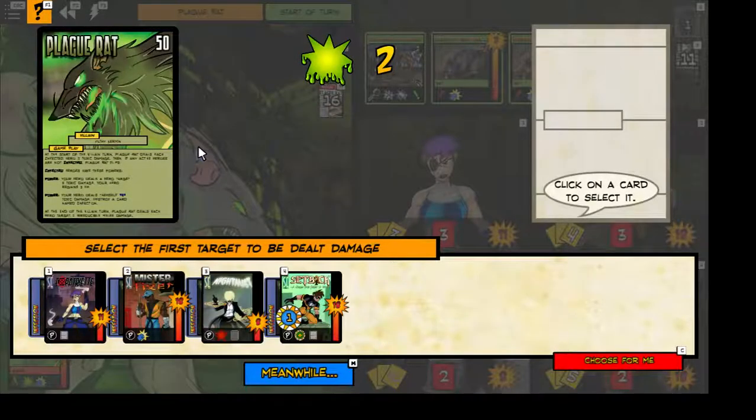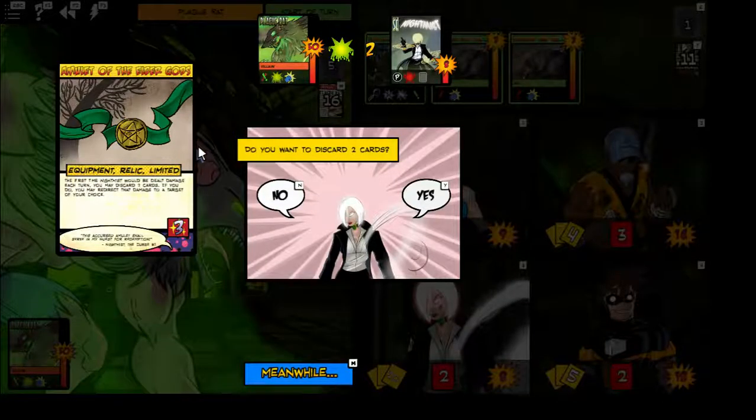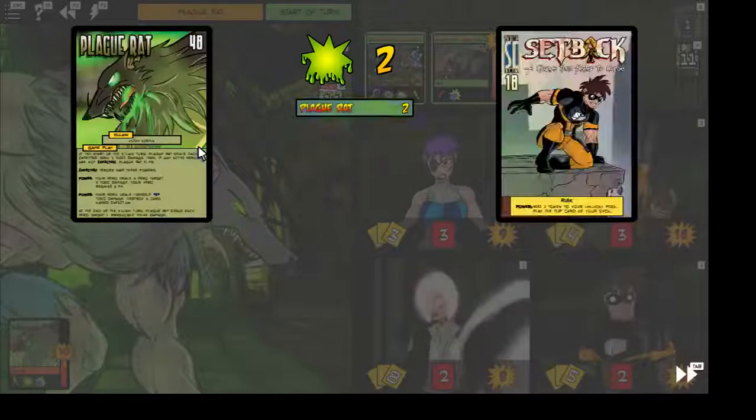I can also do things like have the heroes deal Night Mist the damage and then heal, because she can redirect it. We'll just go ahead and... Yeah, she's low on hit points. Get rid of that. Hit him for